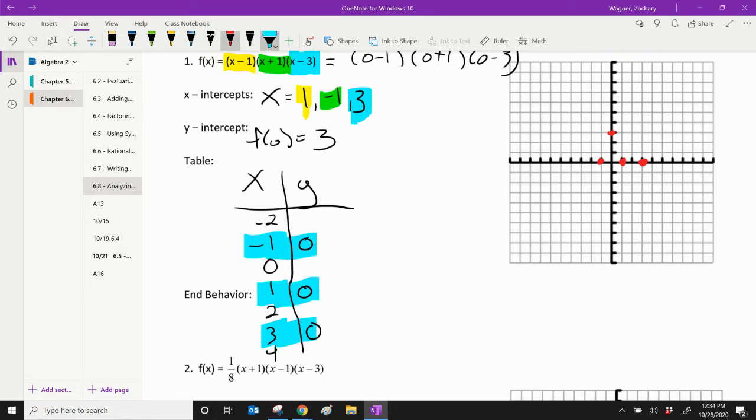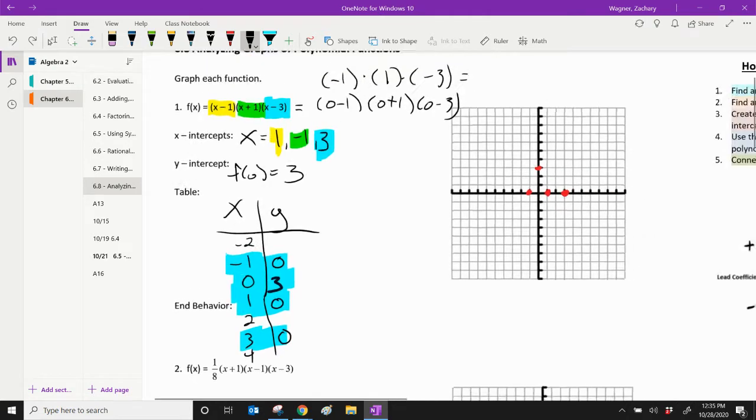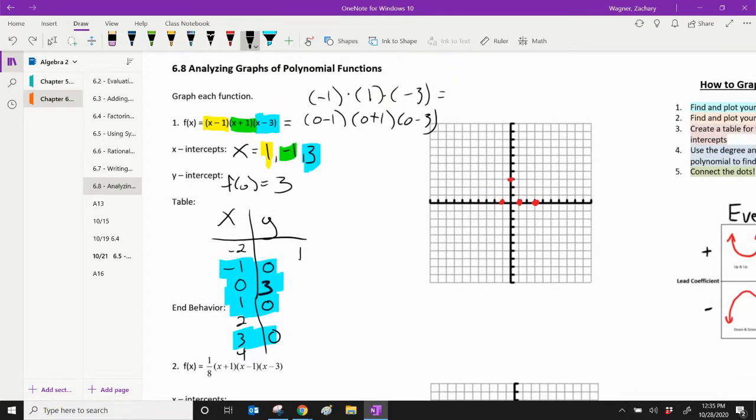You have to have those. You already have my y-intercept, 0, 3, because we plugged in f at 0. The only points I'm finding now are 1 to the left, 1 to the right, and everything in the middle. Are we ready? Plug all those values in. F of -2